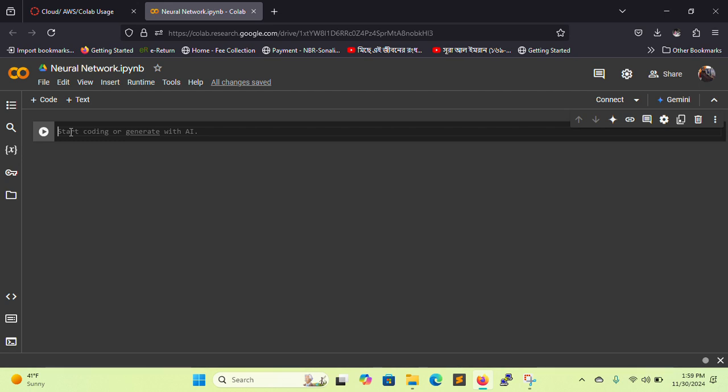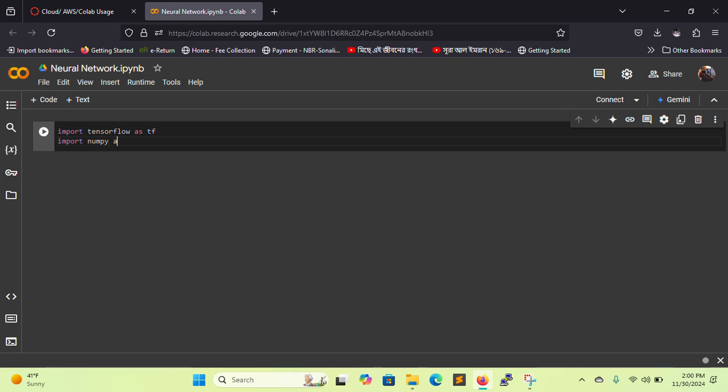important file of neural network. TensorFlow as tf, then import numpy as np,